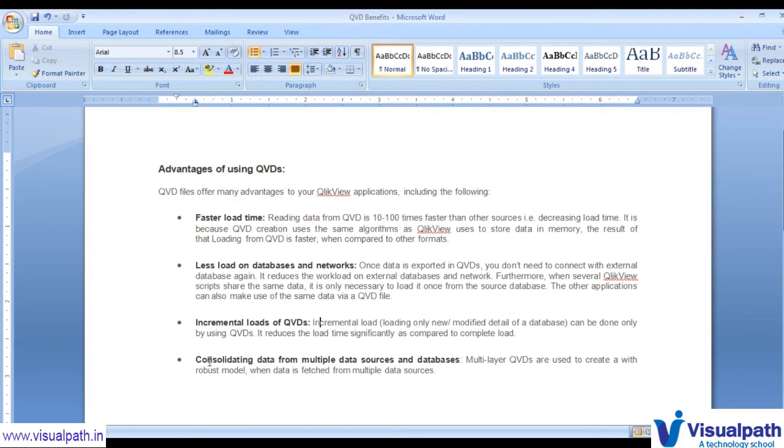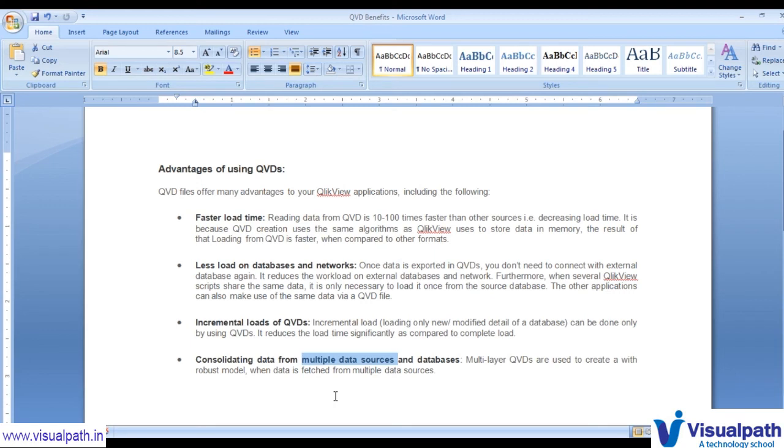That's why you can consolidate data from multiple data sources. Maybe our first table will be from SQL, the second table from Excel, the third table from SAP, or the fourth table from Salesforce. So we can use multiple data sources and files, create a data model between them, and store only a few QVDs to the QVD folder, which will be used in our main application, that is the second application. So these are the different benefits of QVD.